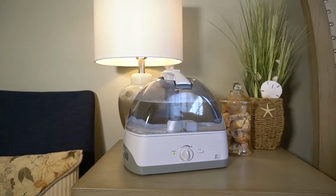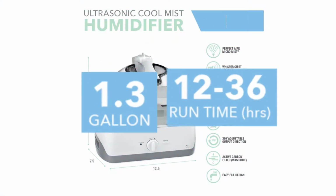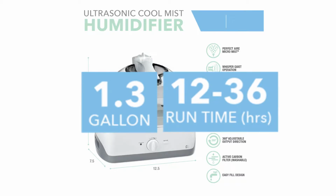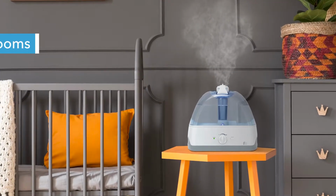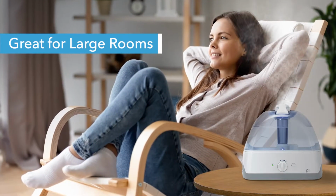Today I'm going to be talking to you all about our ultrasonic cool mist humidifier. With a tank capacity of 1.3 gallons of water, it can run up to 36 hours at a time, which is great. This ultrasonic humidifier is ideal for large rooms such as living rooms, master bedrooms, finished basements, studio apartments,